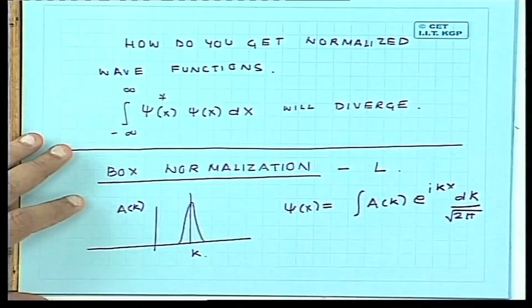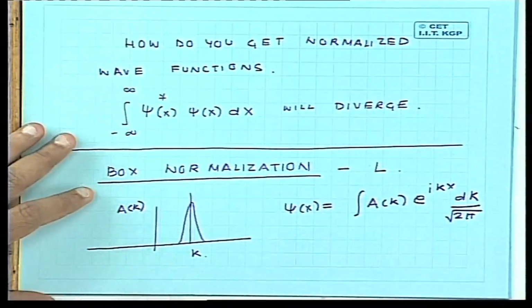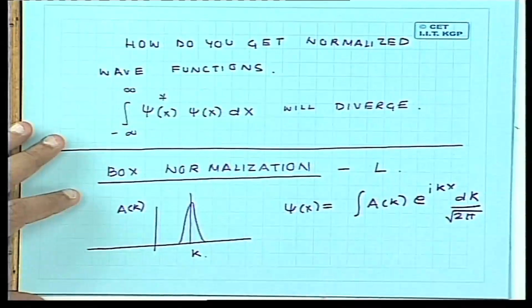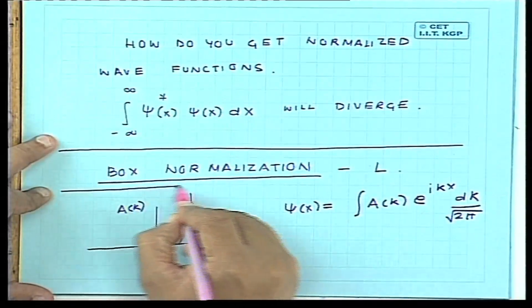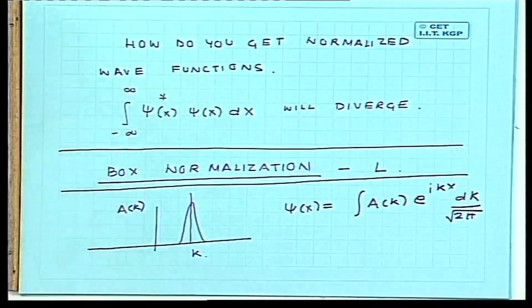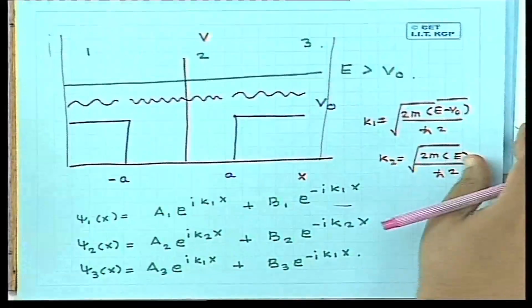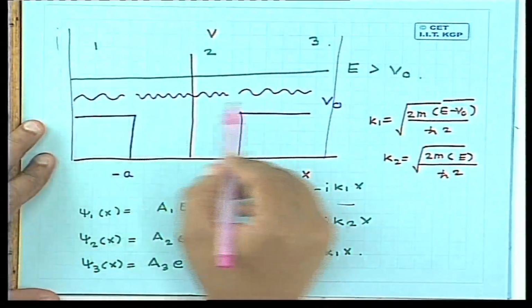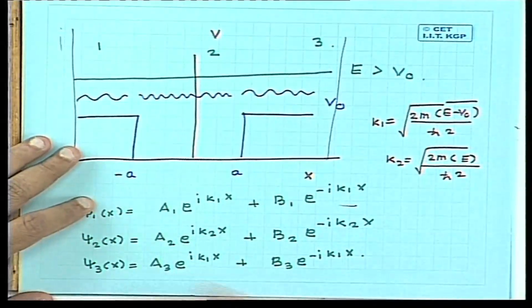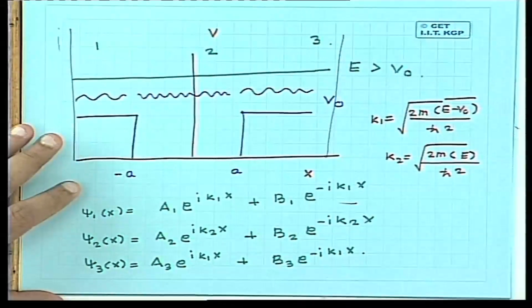Okay. For mathematical manipulations, we can treat this to be just a single value of k, but you should bear in mind that if you want to have a normalized wave function, you have to superpose wave functions with different values of k over some finite width in k. Okay, so these are two possible ways of producing normalized wave functions. So you should bear this in mind when we are dealing with this kind of a situation. This problem exists and you have to deal with it if you want to produce normalized wave functions.